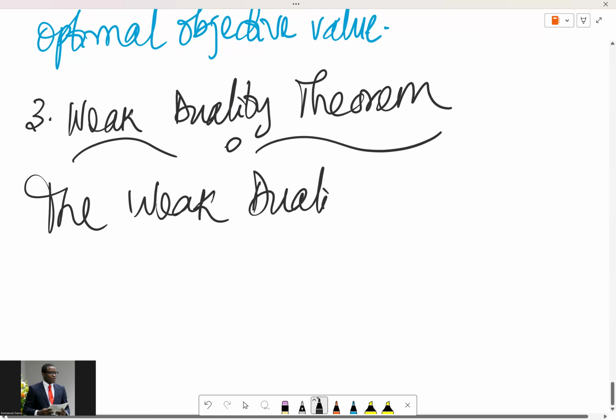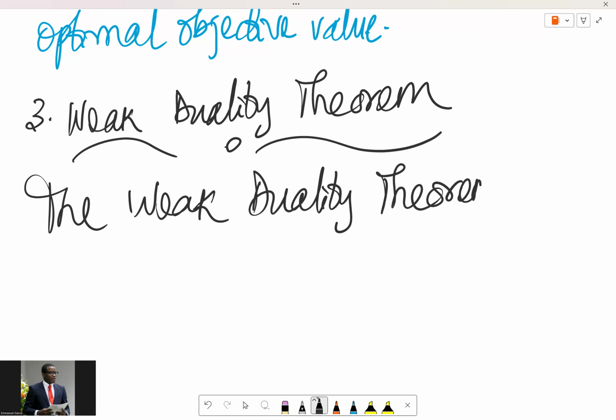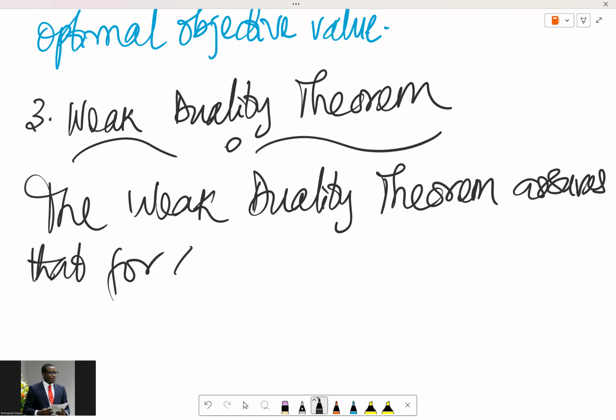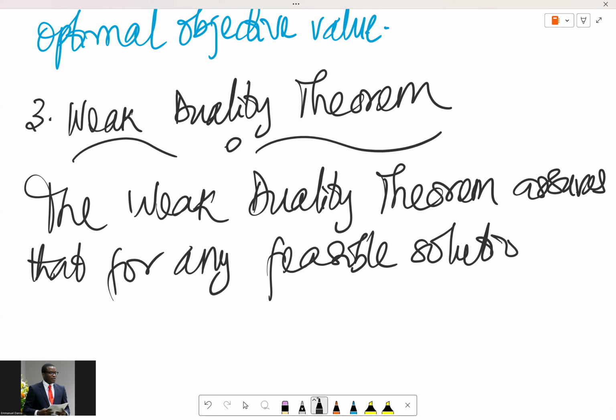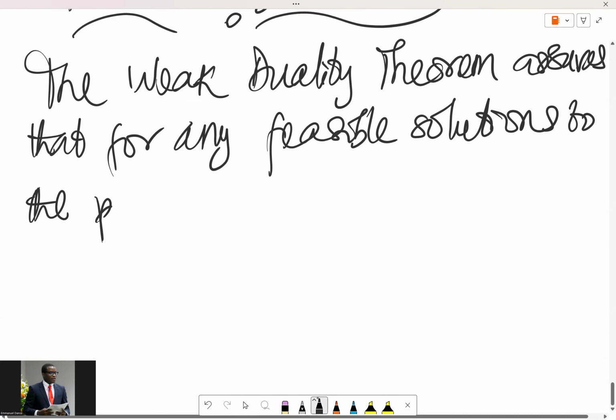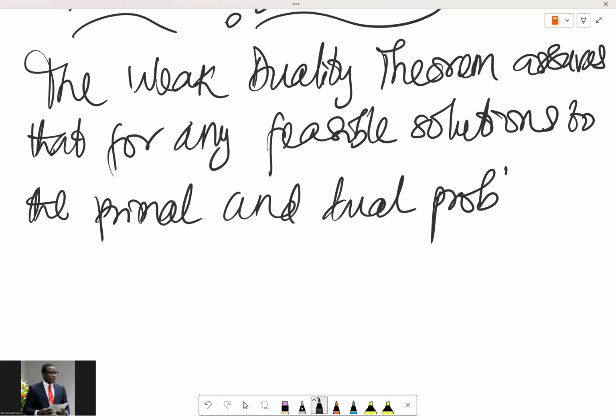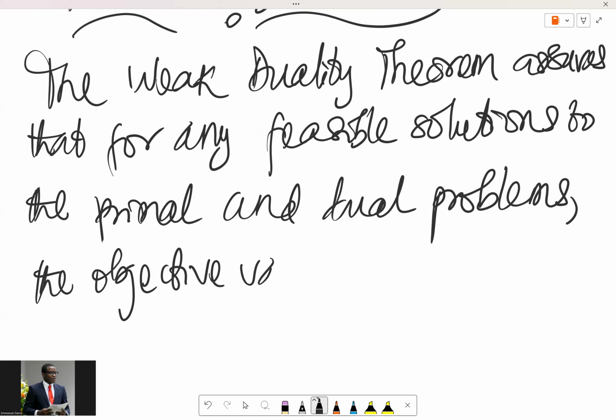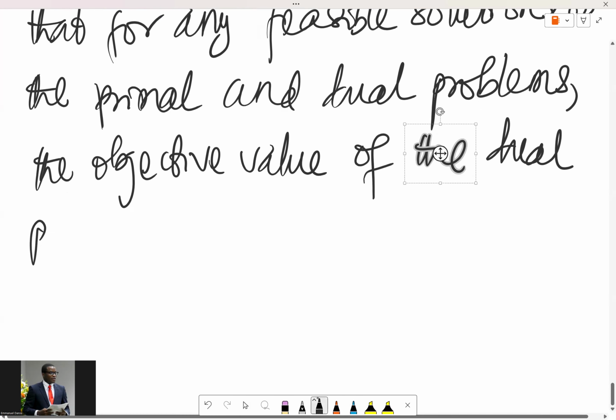The weak duality theorem assures that for any feasible solutions to the primal and dual problems, the objective value of the dual problem will always provide